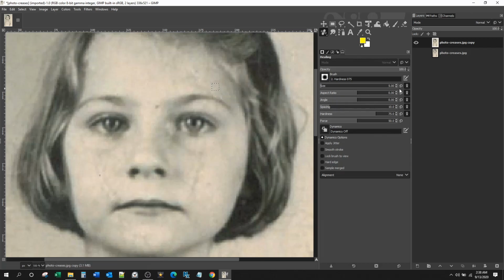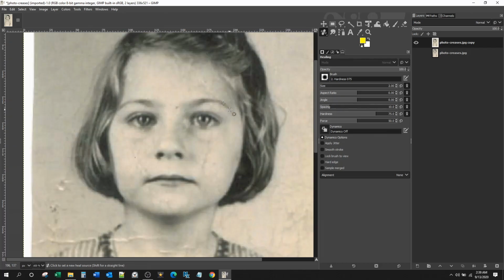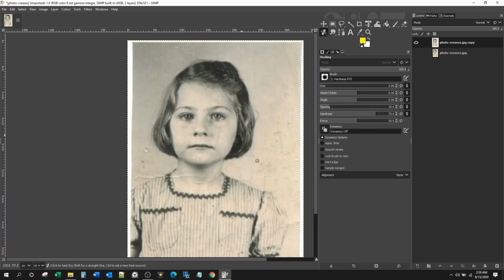All right. Now I'm going to reduce this size a little bit more and take care of her eyebrows. So I may even need to go down to 2. Yeah, 2 looks good. So I'm going to grab this part of her eyebrow, Control click, and then I'm just going to come over here and retouch her eyebrow a little bit here. Okay, let's zoom down a little, see how that looks. Okay, so that area that's blemished